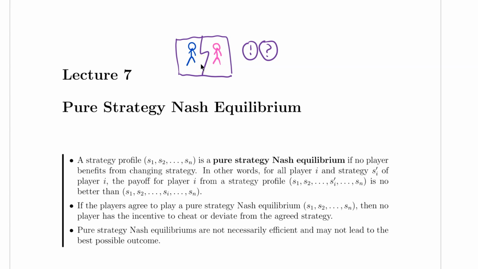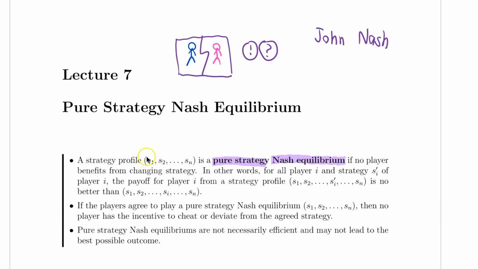And now the person that comes up with the answer to this question is John Nash. So this guy is considered one of the founding fathers of game theory. The way John Nash answered this question is that, instead of looking at what each player should do, he looked at the overall system and he said that the overall system is an equilibrium. For now, I'm just gonna call it a pure strategy Nash equilibrium if, when each player plays the strategy profile,